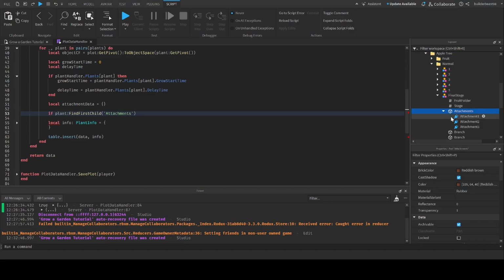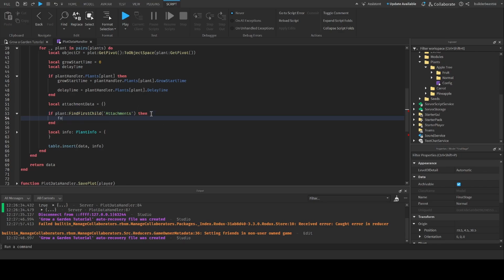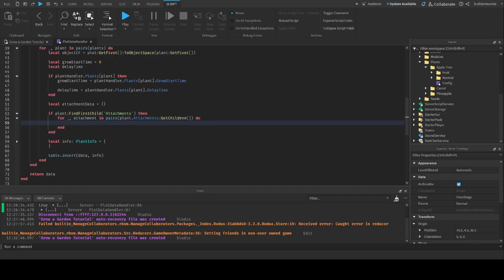Name it attachments, and then put the attachments right inside of it, and that's not in anything else inside of it. So then for _, attachment in pairs(plant.attachments:GetChildren()) do